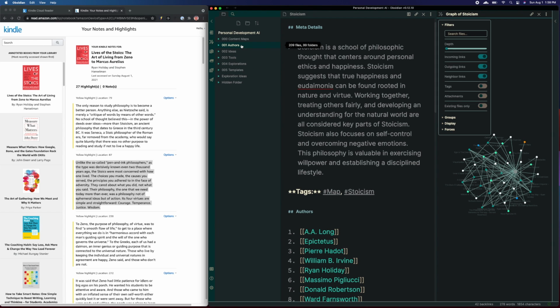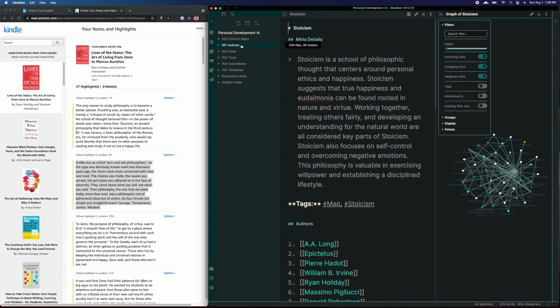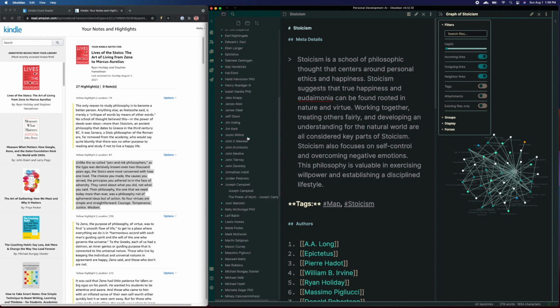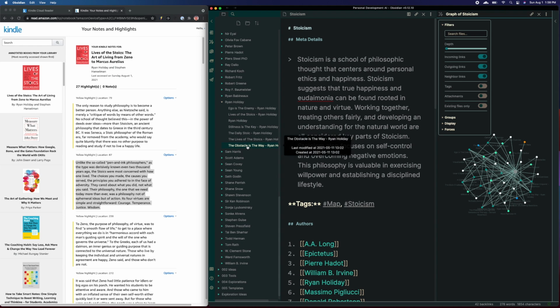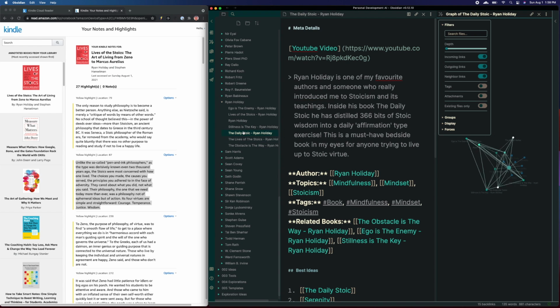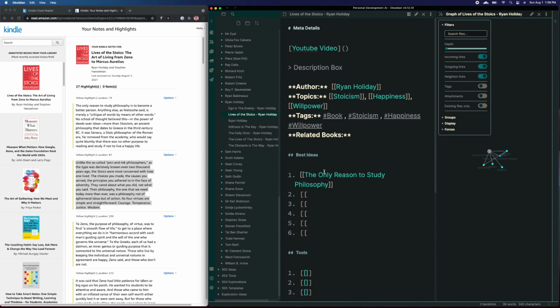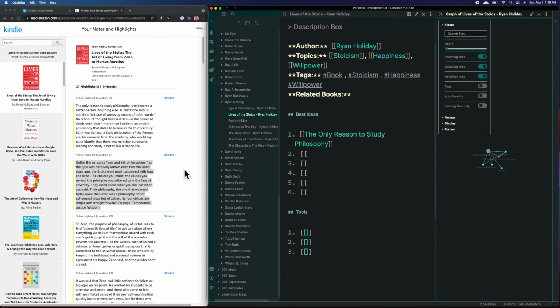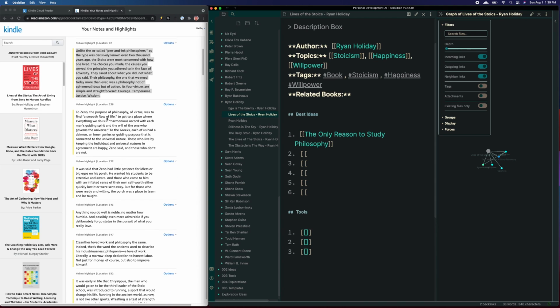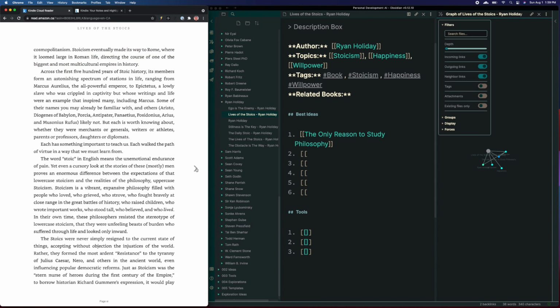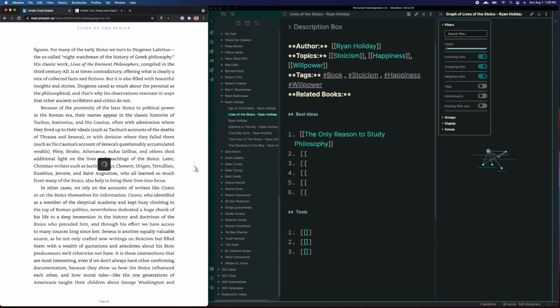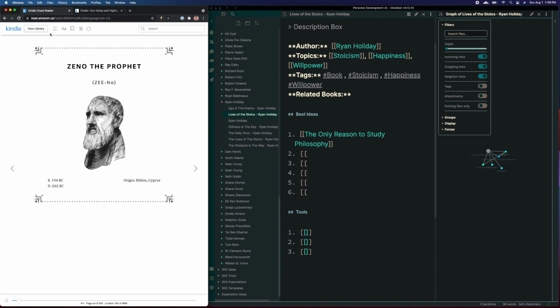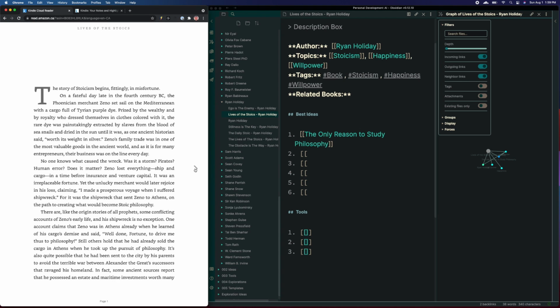With that, we'll come back to our book from Ryan Holiday really quickly, and I'll tell you a little bit about the tools that we might use in here as well. So I won't continue on with the best ideas, but as you can see, I've got a lot of different highlights all coming from the book. And what I would generally do is kind of click along into the book. Sometimes I would even go by chapter. I just happen to know that there's another highlight coming up here